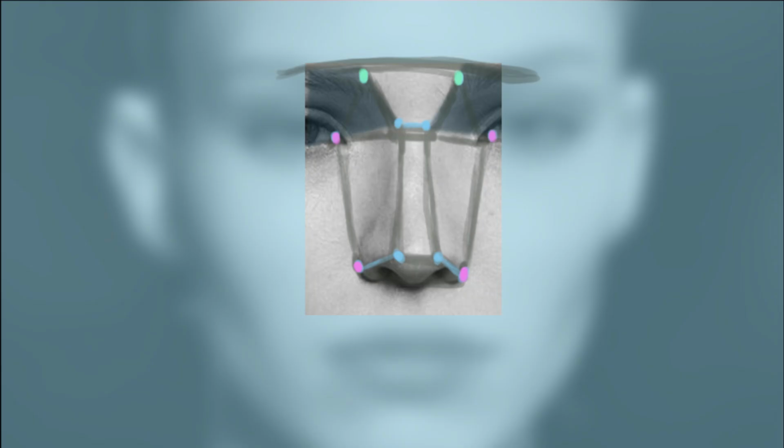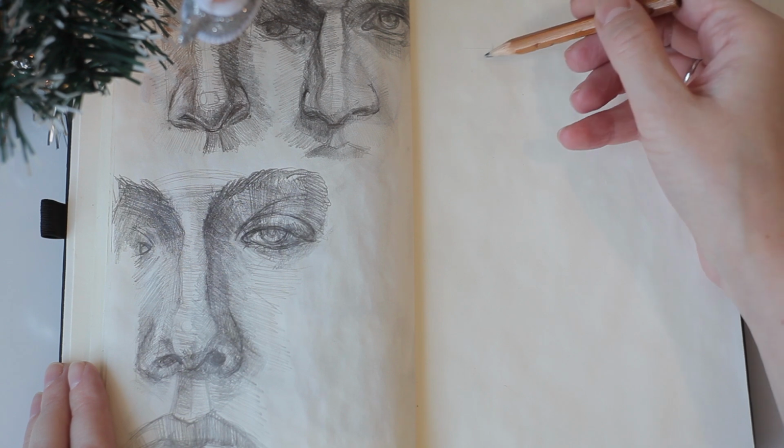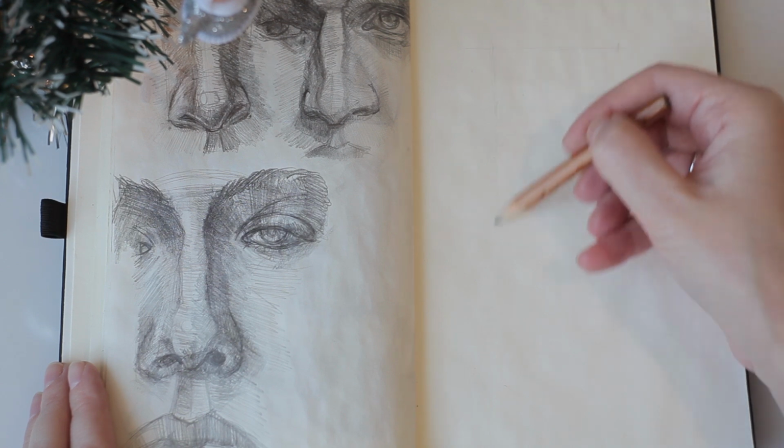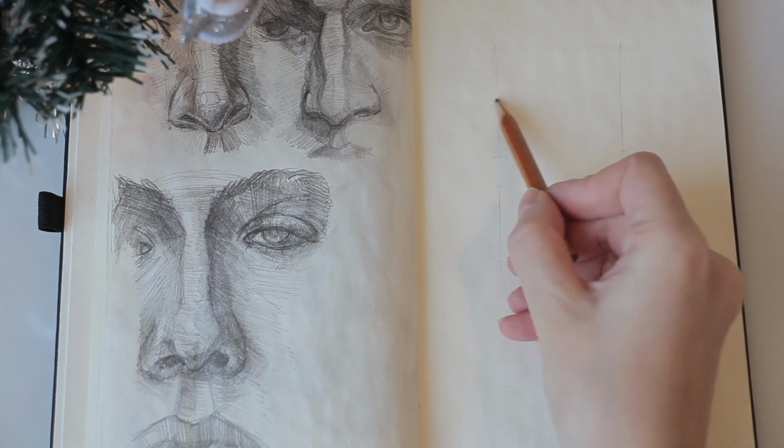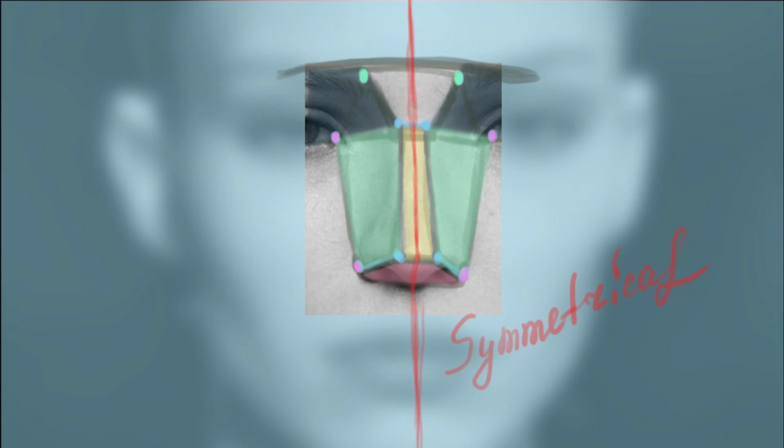The nose shape consists of 4 general planes: frontal plane, 2 side planes and bottom plane. All these sides form a prism. Let's start. First, we are making proportions of the nose, then nose tilt and position. We will use constructive points for this. The nose is symmetrical, so the points are symmetrical.